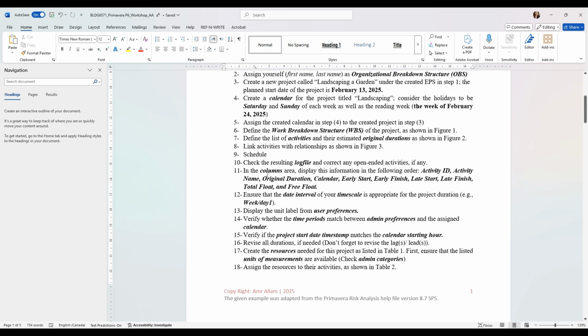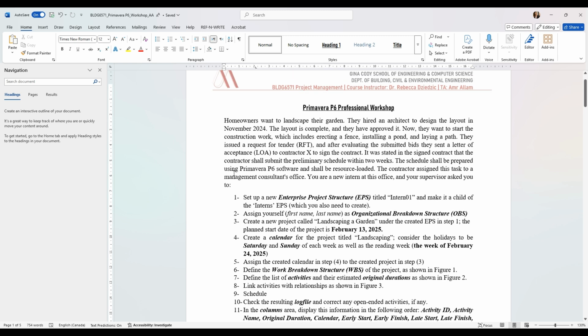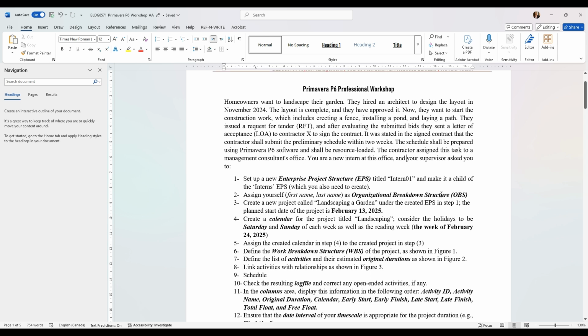These are the steps that you are going to do to complete this project. So we are going to go through them one by one and see how these steps can be implemented on Primavera P6 Professional. Before starting to work on the steps that we need to do to complete this project in Primavera P6, I'd like to take a step back from the project level to see the full picture